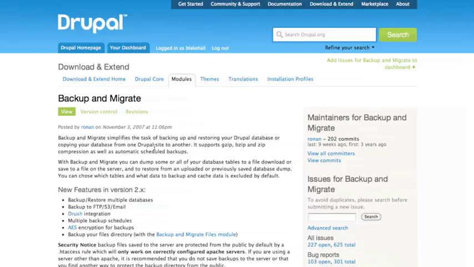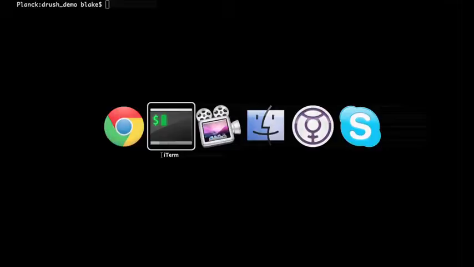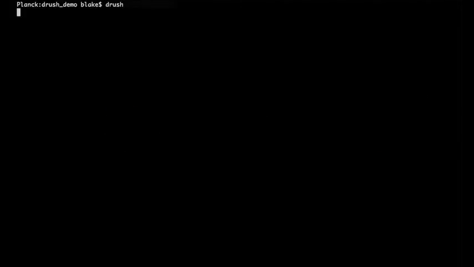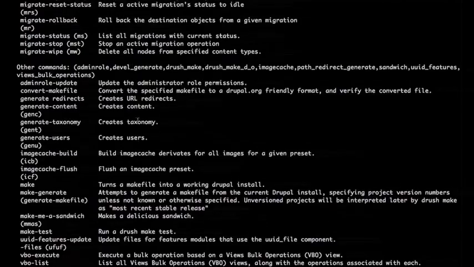This is a really great way to provide an interface on your website to create backups of the database and backups of the code that you can download. You can actually schedule them so they happen at regular times. It's just a really easy, great way to back your site up. If I hop over and run Drush and take a look at some of the commands that backup and migrate provides,